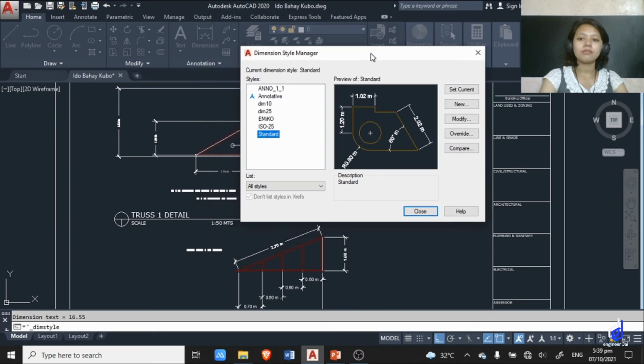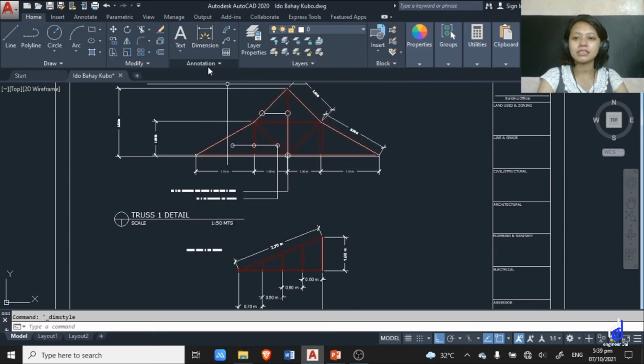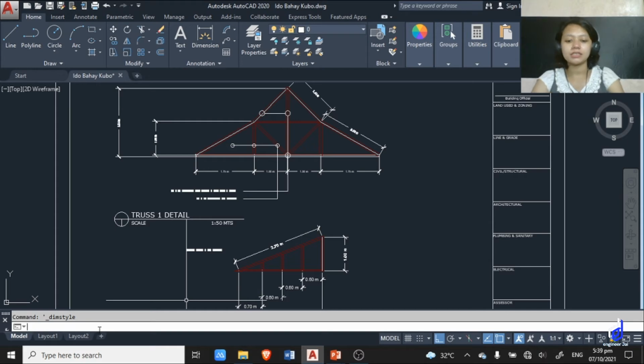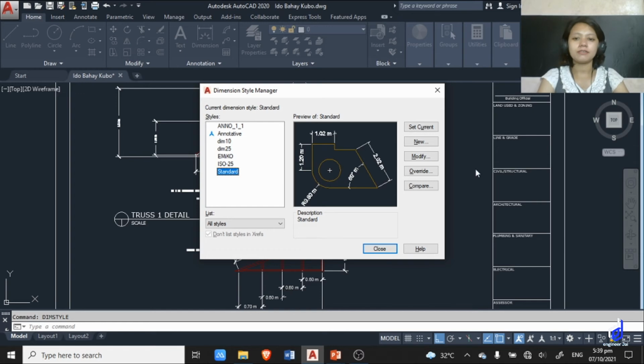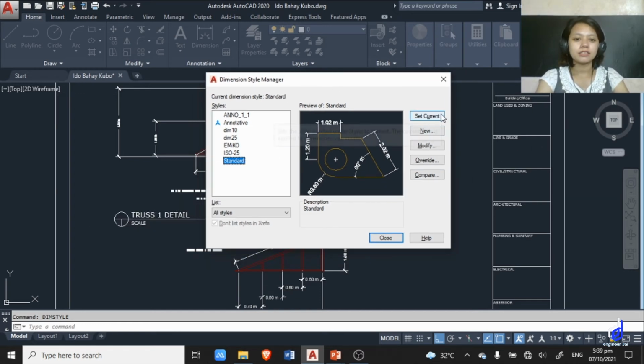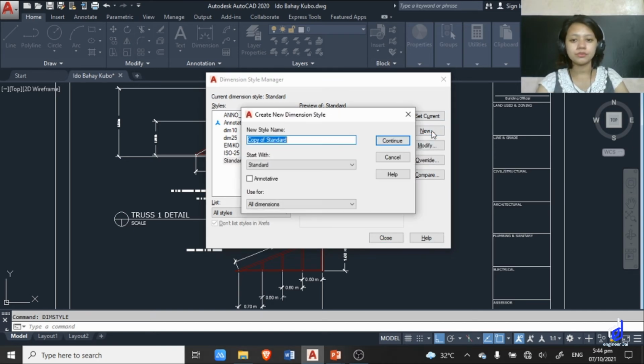So, pag open sa dim style, pwede ka diri sa annotation, diri sa may ubos sa dimensions. Then kaning ikaduha dimension style po, pwede po ka mag-diri sa imong command bar instead. So, pwede ka set current, new, modify, override. So, for example, mag-new po. So, new, then, sample 1,